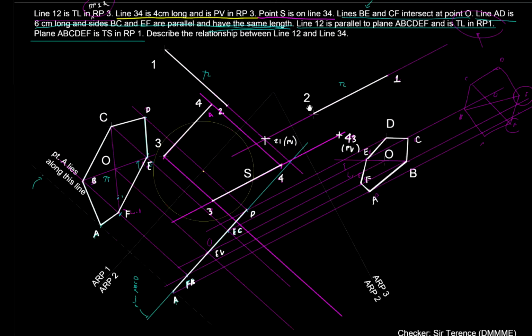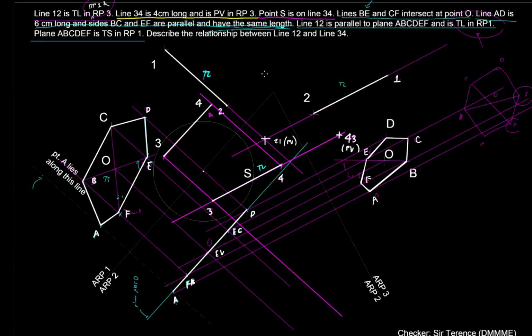Okay, so let's describe the relationship between line 1, 2 and 3, 4. So, line 1, 2 is this one, and this is true length, no? Line 1, 2 is in true length. Tapos, 3, 4 is not in true length. Dito si, true length si 3, 4 dito, no? So, ito, class,